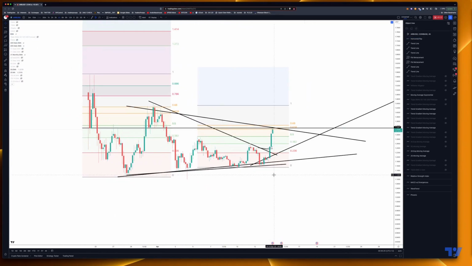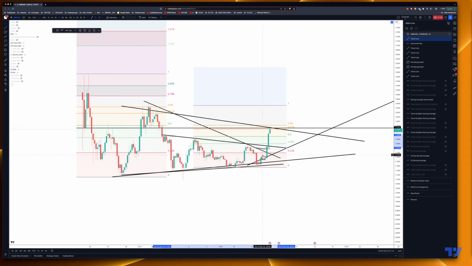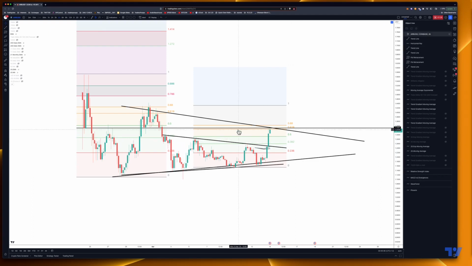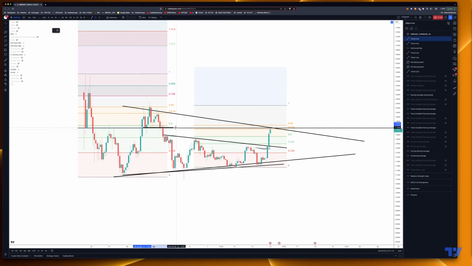And there we go. So we broke out of this triangle here. Nice move. And also we had this level as well. So whatever way we look at it, we can get rid of this one. This is probably the other one. This triangle here, we can get rid of that for a sec. So if this was our resistance, interesting enough, this level was really a nice level too.